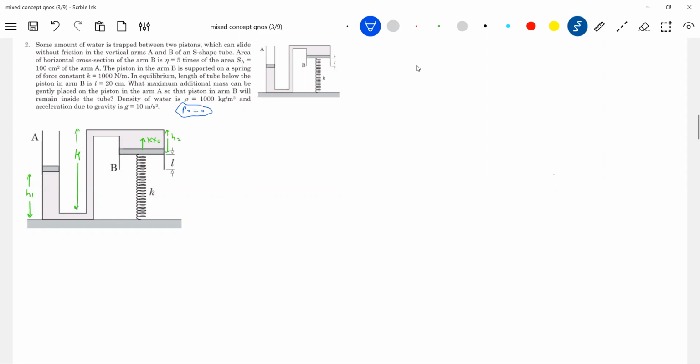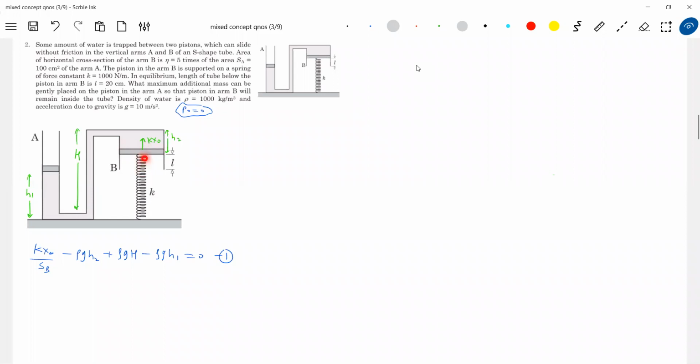Okay, let's write the equation. So how to write the manometric equation? What is the pressure at B? Kx naught by SB, minus, if I move inside the liquid vertically up, gauge pressure should be negative, plus rho GH minus rho GH1 equal to 0. Once again. But sir, how come the spring force will set up a pressure here? It need not always be from liquid, no? Now you have to ask one beautiful question here: sir, liquid will exert force at all points, but spring force is acting only at one point. How can you write pressure?